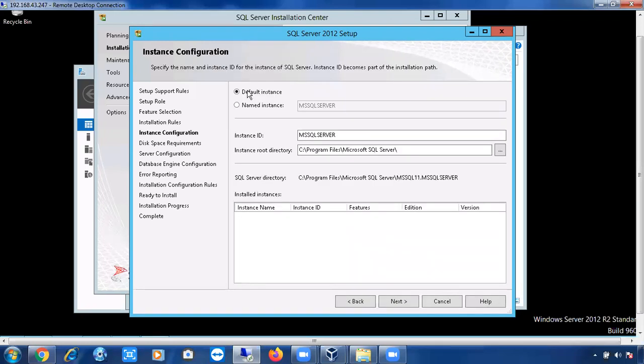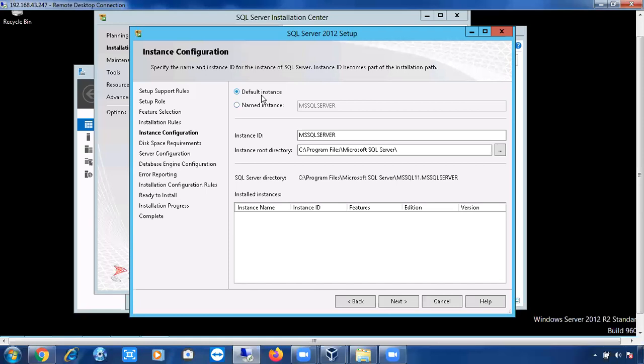Okay, so like this you can see, we have already discussed default instance, named instance and all. This is the new machine, so you can install a default instance. Windows 2008 R2 is the old machine, and I have already installed a default instance in that machine, so in that machine I cannot install another default instance. One default instance is completed. This is the new machine. I don't have any SQL Server installations in this machine, so I'm installing for the first time.